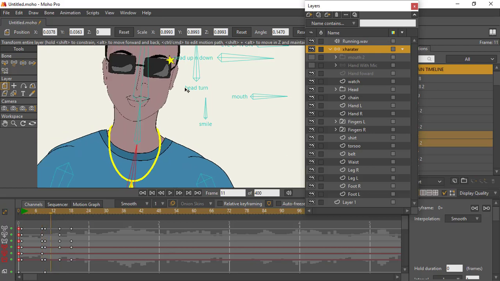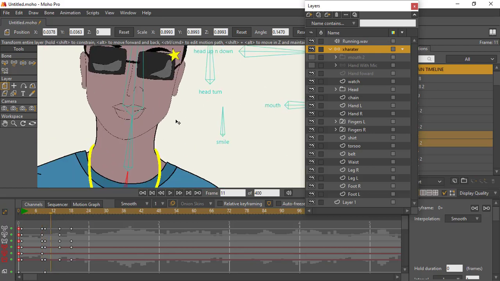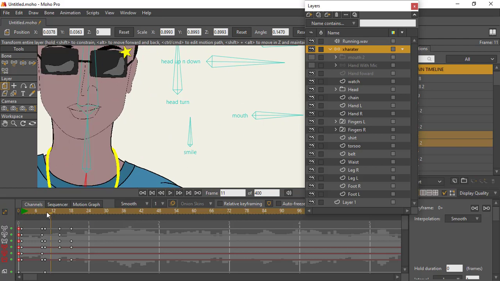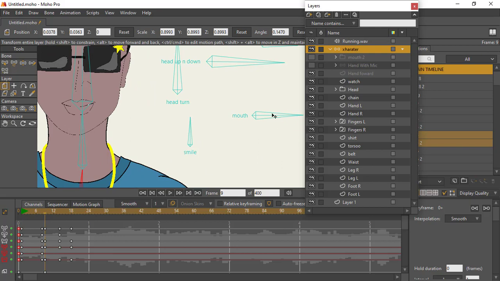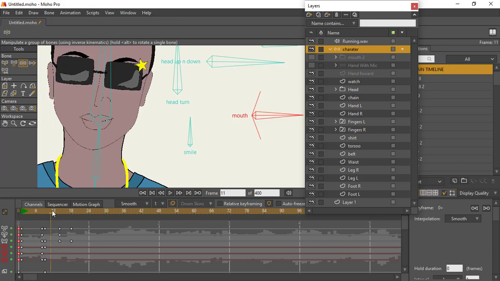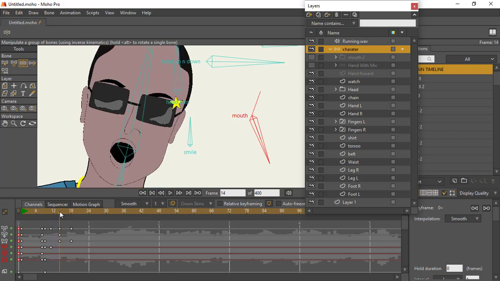From here he says hold, so I'll go into the mouth now. Since we already have our keyframe set there, we don't need to add one more, but I could just come to this point here and pick my manipulate bone and make sure the keyframe is added on the mouth bone at that point. Then I drag it down, put a hold, then I close,